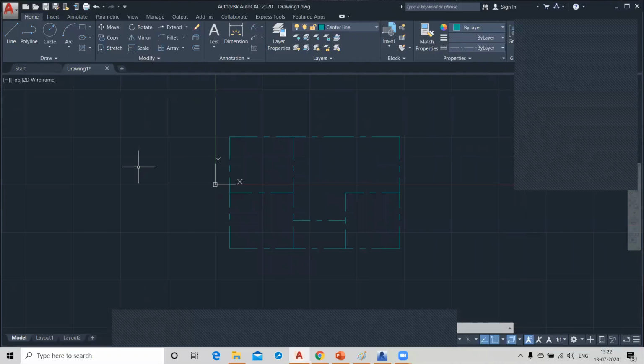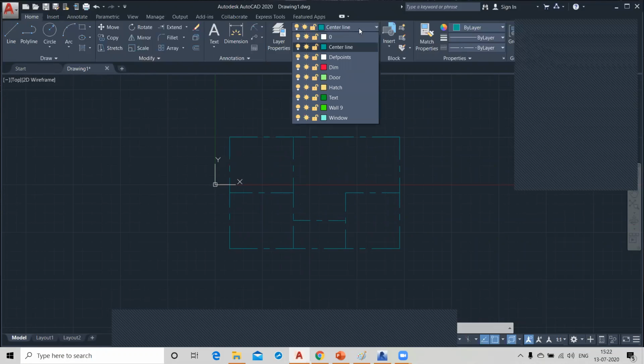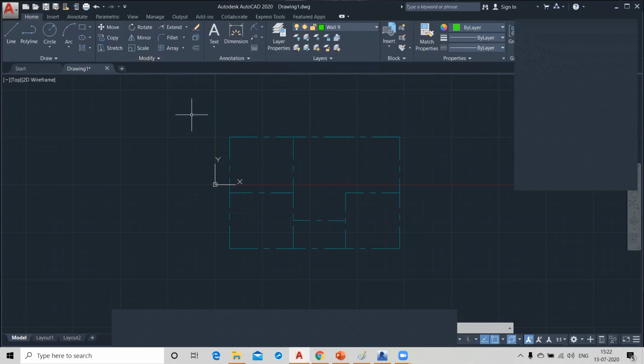Is that fine? Okay. Now I'm going to draw a wall, right? So you can choose your wall also from here and provide your wall thickness like this. See, as you see, this is drawn on the partition wall.